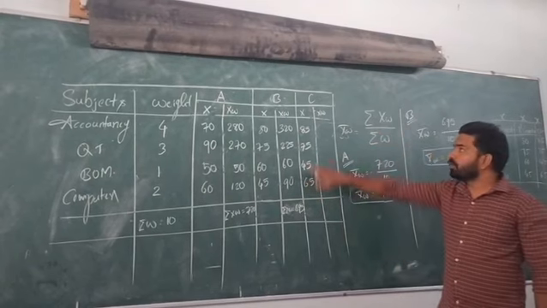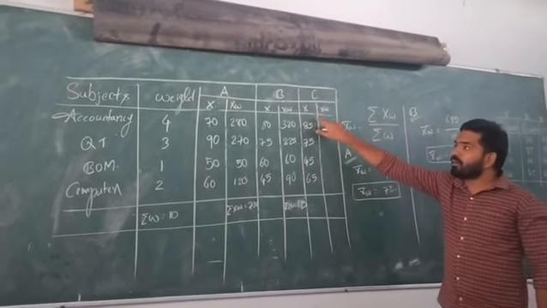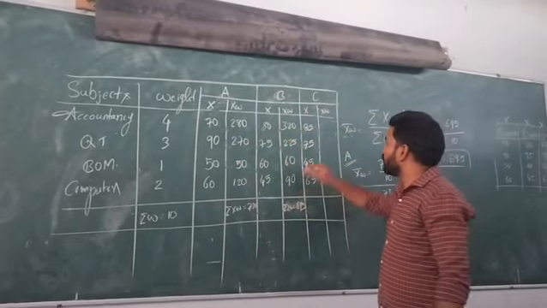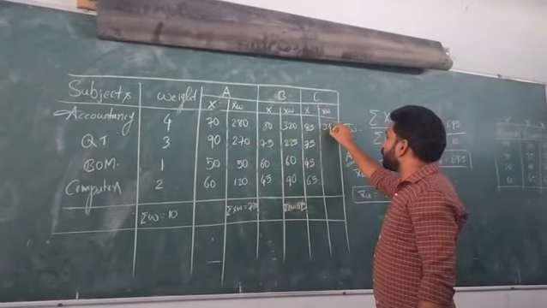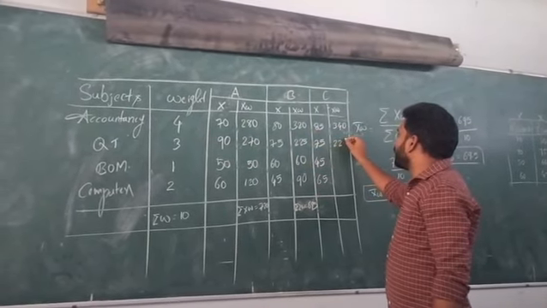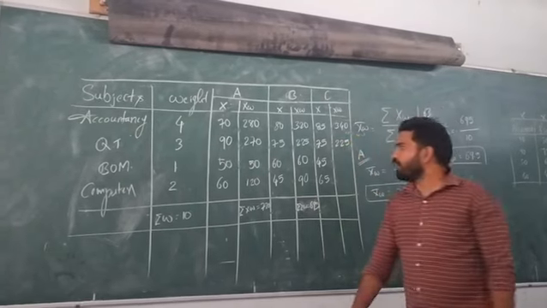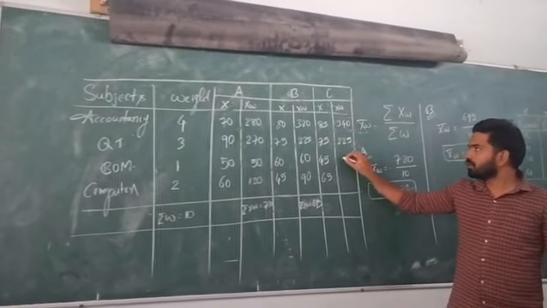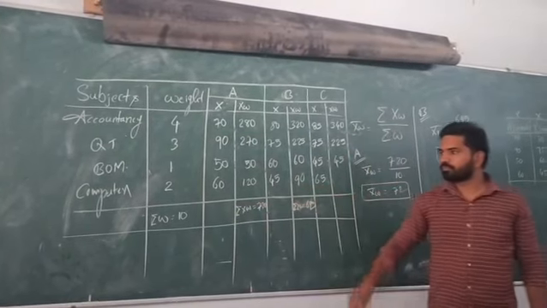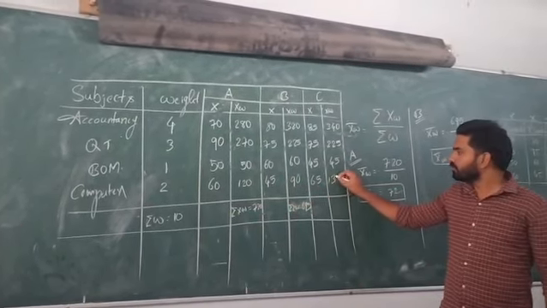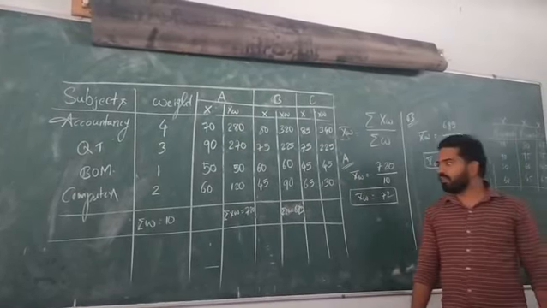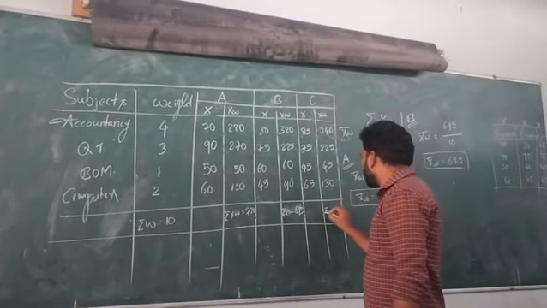So we have to multiply the marks with the weight. 85 into 4, 340, 75 into 3, 225, 45 into 1, 45, 65 into 2, 130. So the total is 740. Sigma X